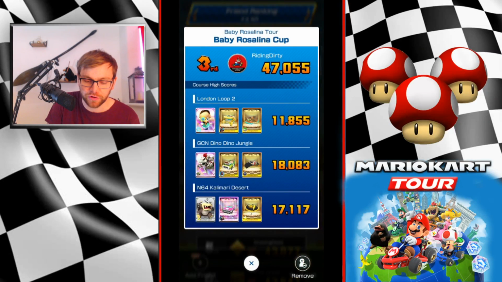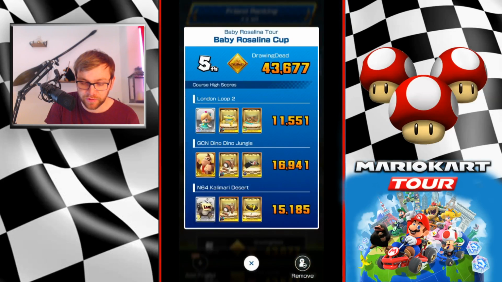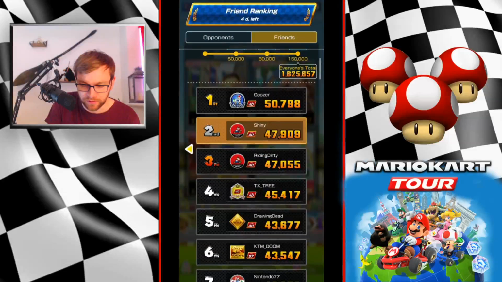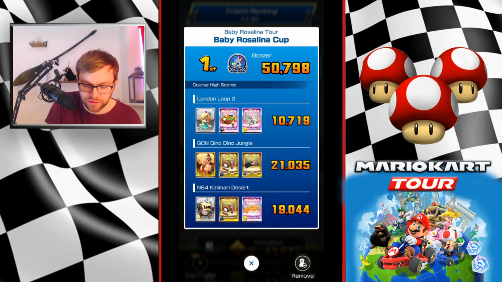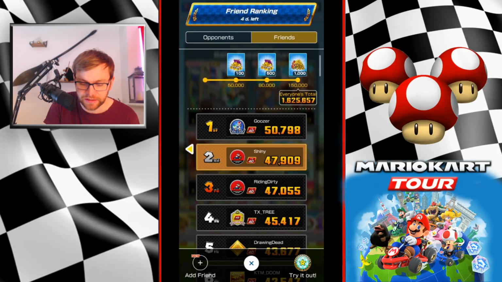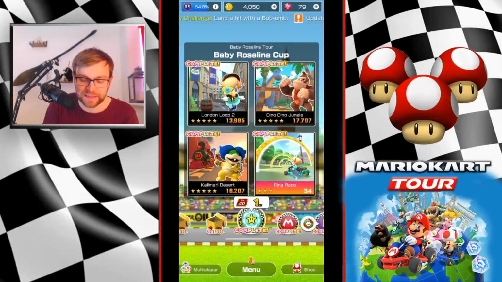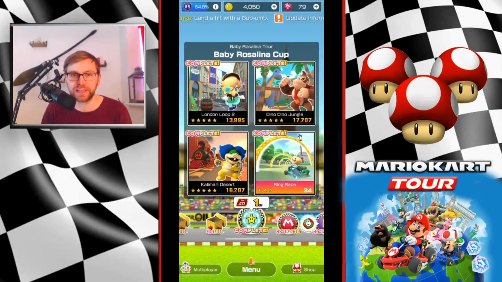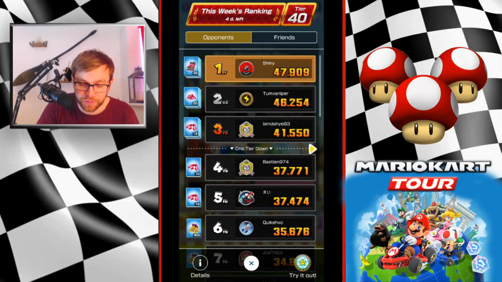But look at everybody's score for London Loop. It's nowhere near mine, even with the played ribbon. I mean, they probably haven't put a ton of goes into it. So Dino Jungle is definitely where I'm going to focus my attention next, just to get a nice cushion. I feel like I can get 18,000, 19,000 potentially,